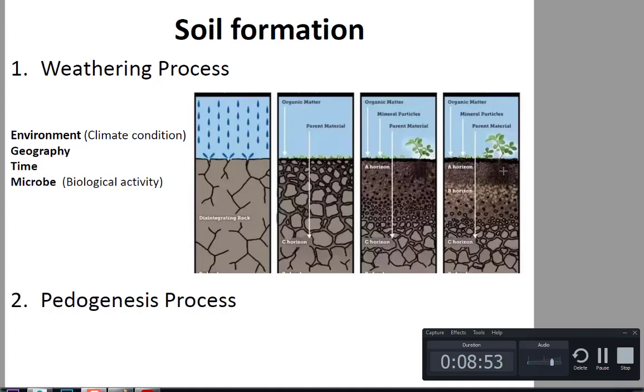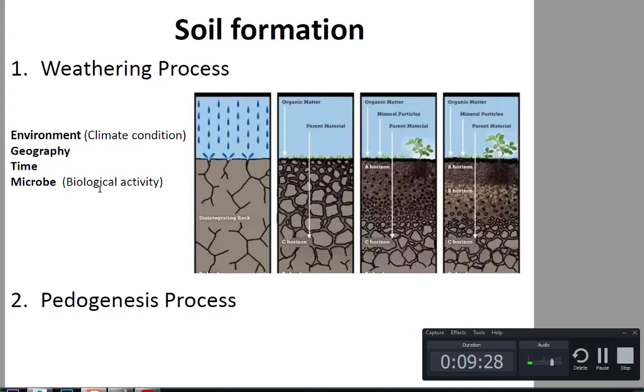So the increment of nutrients by different procedures or methods, like the involvement of microbes and some other organic matter, is known as the pedogenesis process. Or in simple words, you can say that maintaining the nutrient material in the soil is also known as the pedogenesis process. Here you can see the soil formation also depends on environmental conditions, like the geographical